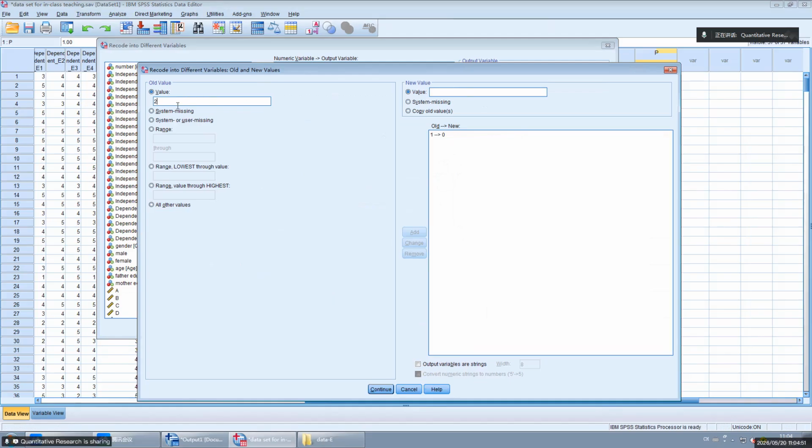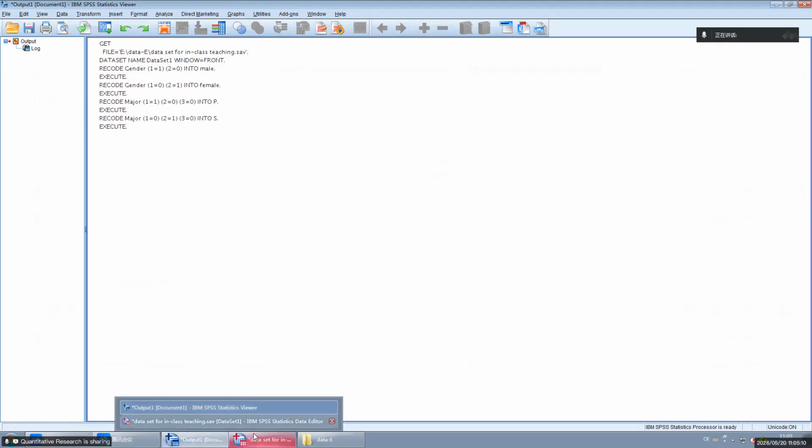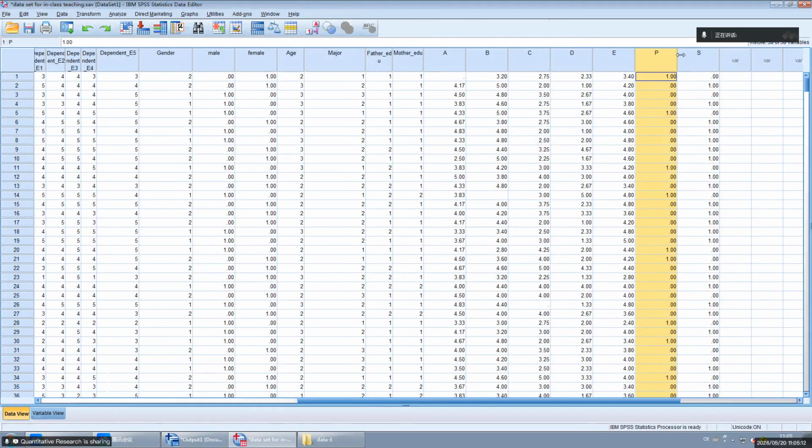When the old value is 2, the new value should be 1. When old value is 3, the new value should be 0. Okay. This is for social science.